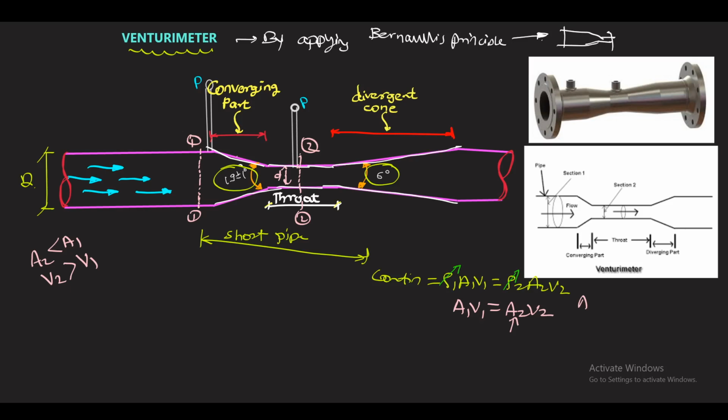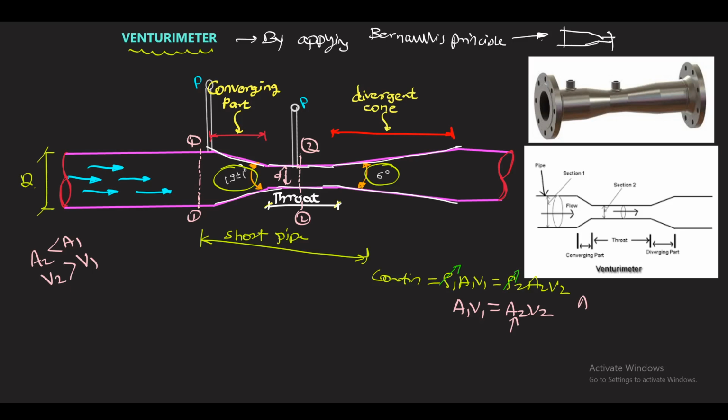So this is clear that the velocity at point 2 is greater than velocity at point 1, okay. What it indicates? That flow is accelerating in that convergent portion. Now again consider this is the divergent portion, and in that case what happens? The area from the end of the throat goes on increasing.